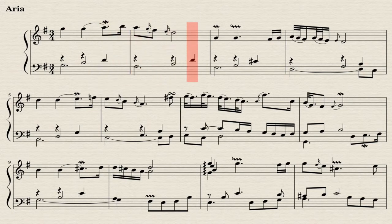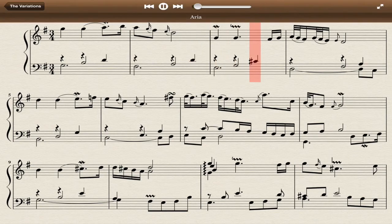And the score will track with what you're doing. If you touch the score, you can pause it. So let's pause the score really quickly. Now, one thing I want to point out about this is we're all used to seeing music notation scroll by in our notation programs. But there are very few instances where you can track a musical score with a high quality recording by a